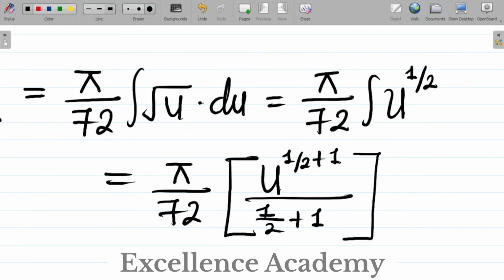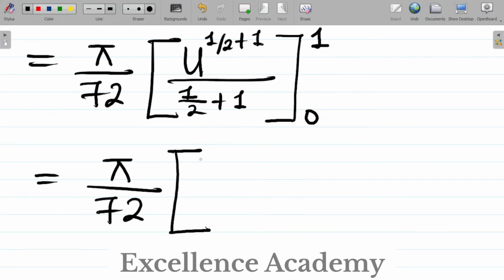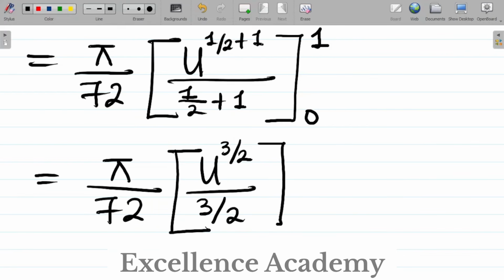Now at this point, you can bring back the value of the limits. We had the limits as 1 and 0, so 1 and 0. So you can see how we did this. You solve this, and when you're done, you now bring in the value of the limit. This is equal to pi all over 72 into u to the power 3 over 2, all over 3 over 2, with limits 1 and 0, and that's equal to,